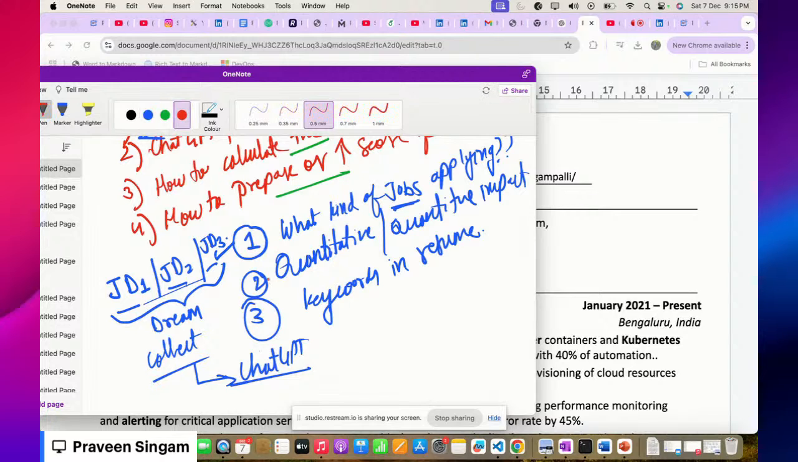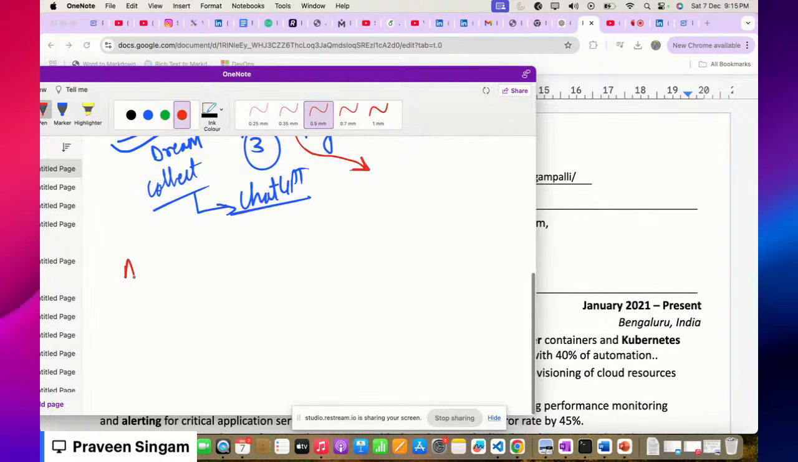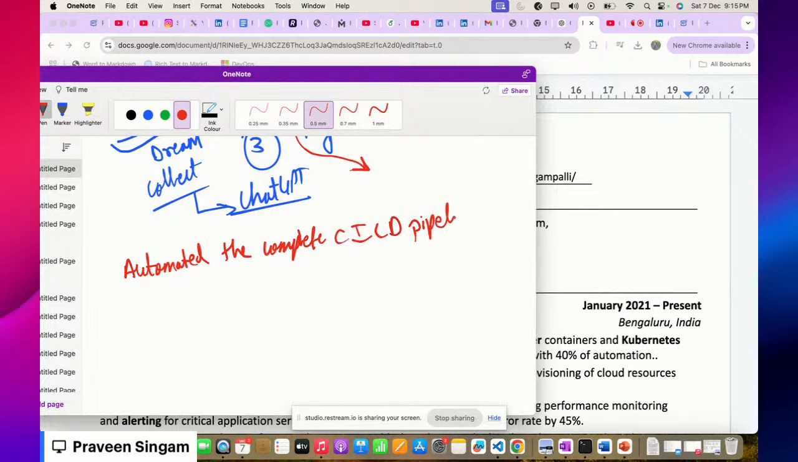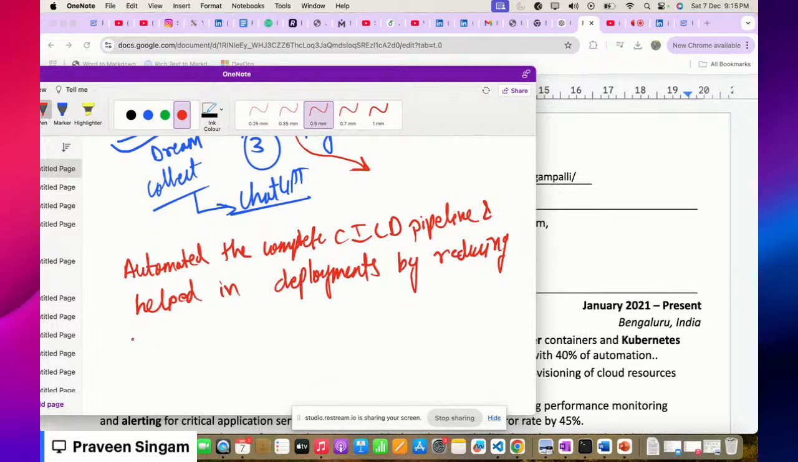The second point I have told you is qualitative and quantitative analysis. This is basically whenever you are trying to tell something. Let's say I am writing, automated the complete CI/CD pipeline and helped in deployments by reducing 50% of manual tasks. All of you see here, guys, whenever we are writing a resume,